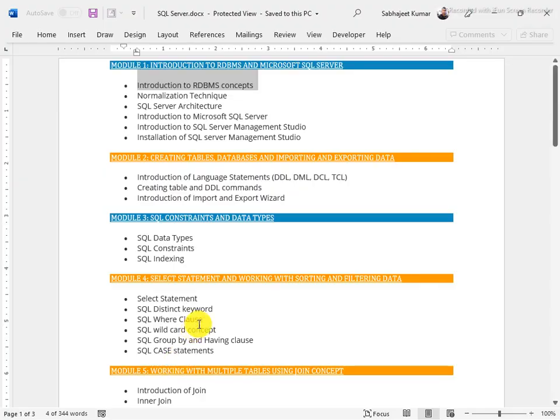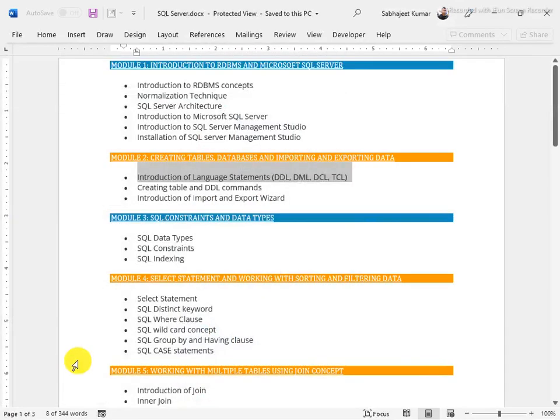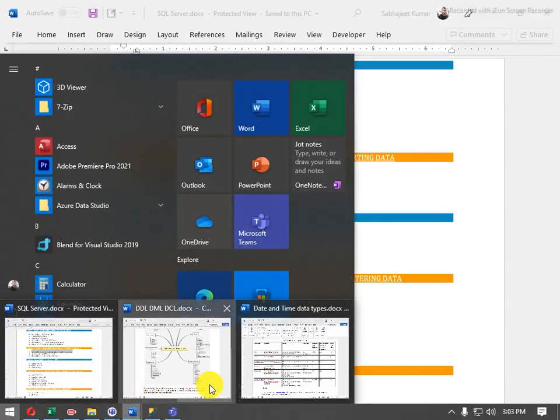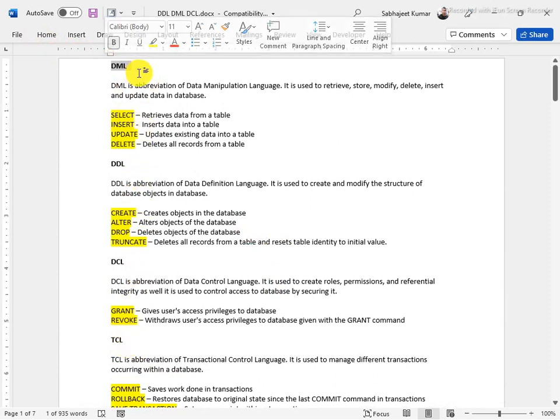First, what are the DDL, DML, DCL, TCL commands? I have already made notes for you. These four main commands work across the entire database in SQL Server.